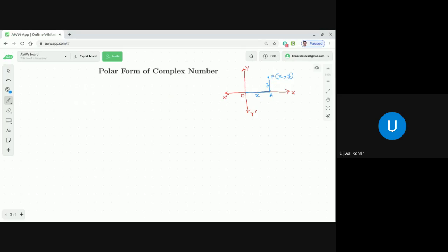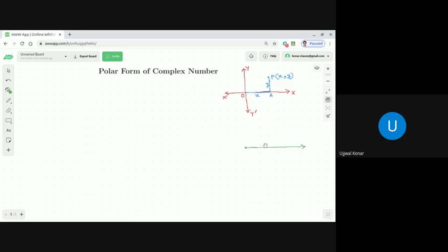Now, can you represent that same point uniquely using some different reference frames instead of these two mutually perpendicular straight lines? Yes, it is possible, and one such thing is the polar form. Dear students, in the polar coordinate system, we have a fixed point, just like the origin in the Cartesian coordinate system, and we have a fixed straight line.